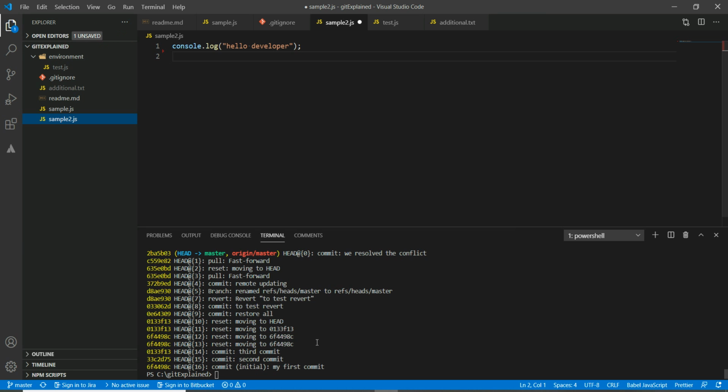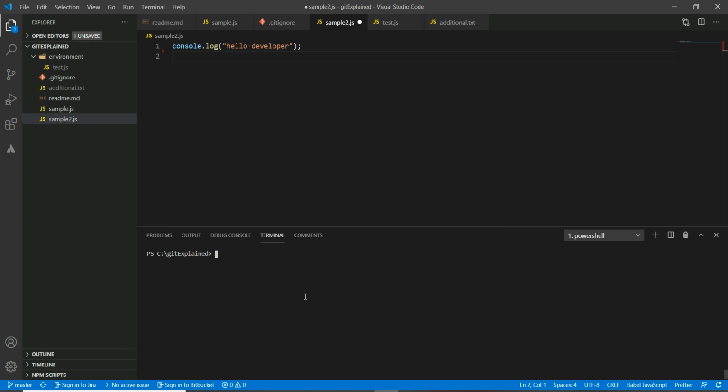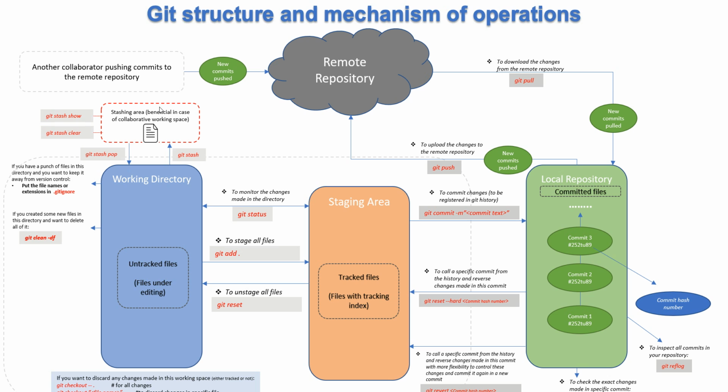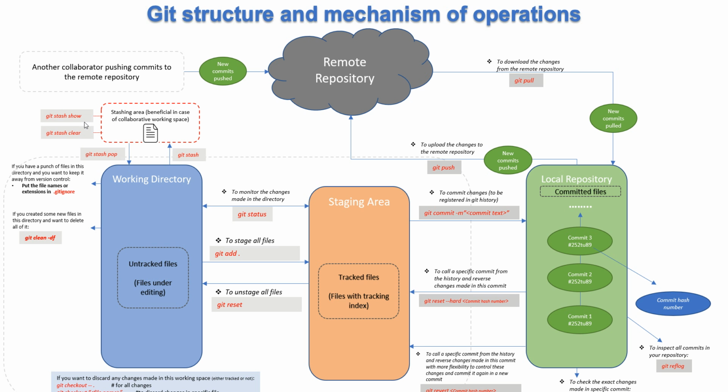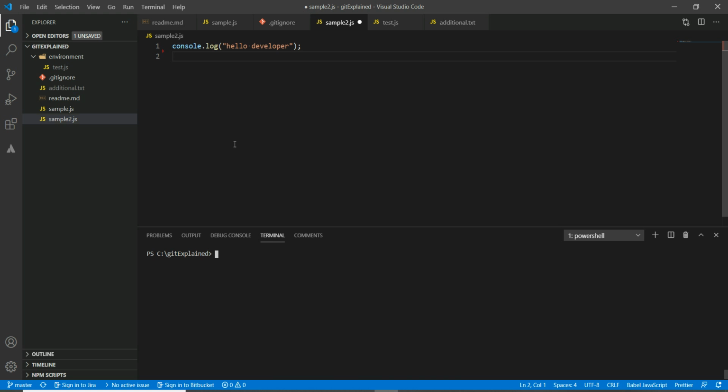So the last thing we will see together, I will clear the screen. Okay, the last thing we will see is how to clear the backup space or the stash area, and how to see the number of stashes which we have made. Okay, exactly. So in this case we are using git stash show to see the stashes we made, and we can use git stash clear to clear the stashes. Okay, so let's press git stash